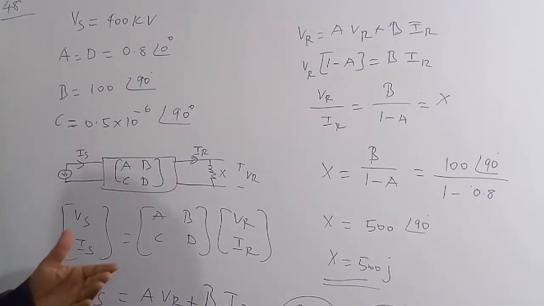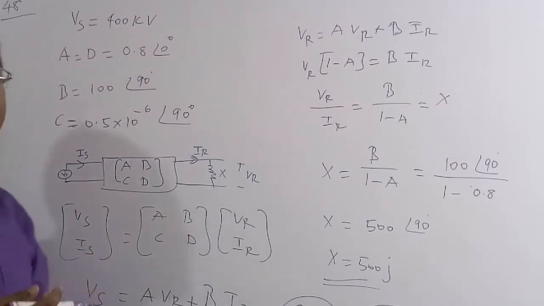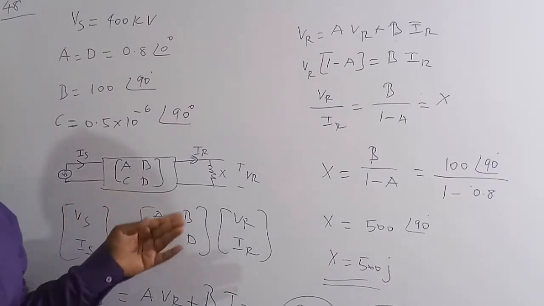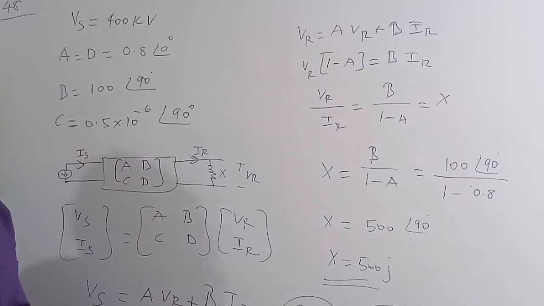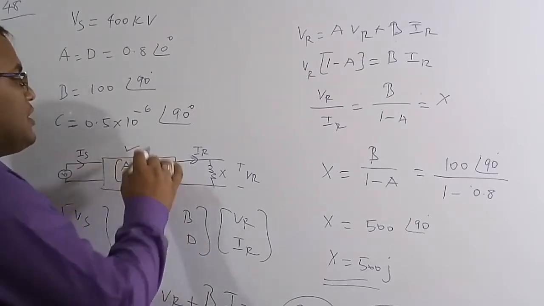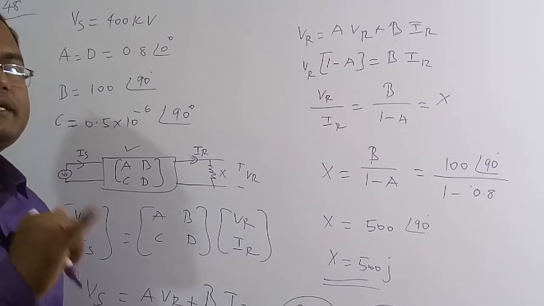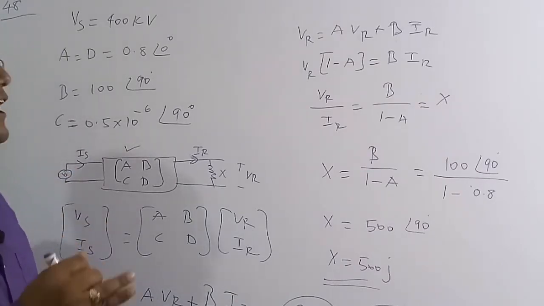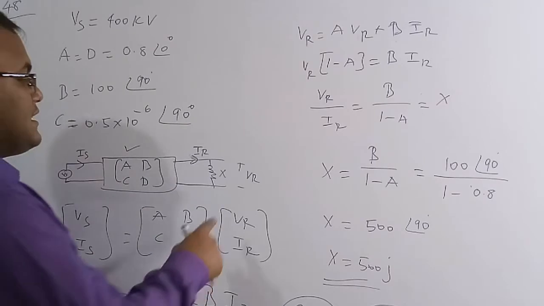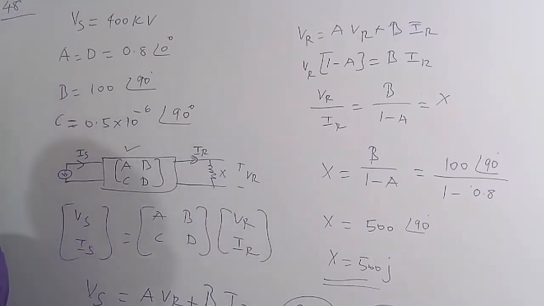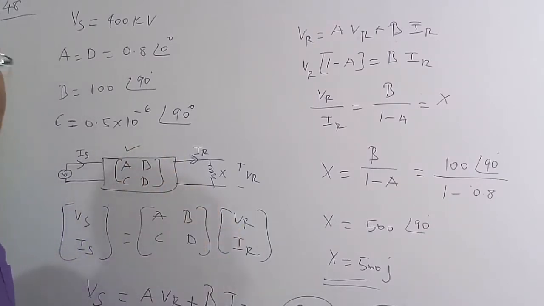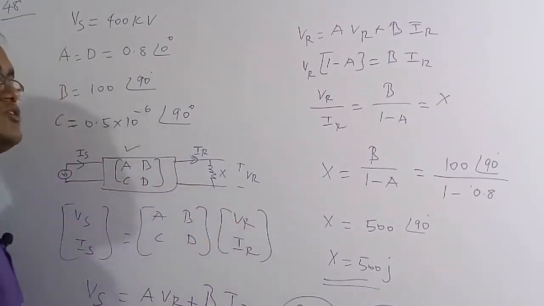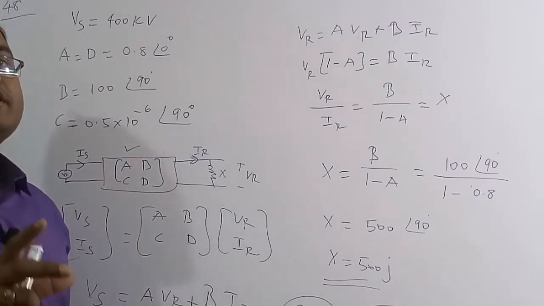We are going to compensate the Ferranti effect. The Ferranti effect is nothing but, at no load conditions, for medium and long transmission lines, the receiving end voltage will be greater than the supply voltage. The important point to remember is that only for medium and long transmission lines at no load condition, the receiving end voltage will be greater than the supply end voltage, but not for the small transmission line. For the small transmission line at no load condition, the receiving end voltage is always equal to the supply end voltage, because there is no capacitance effect.